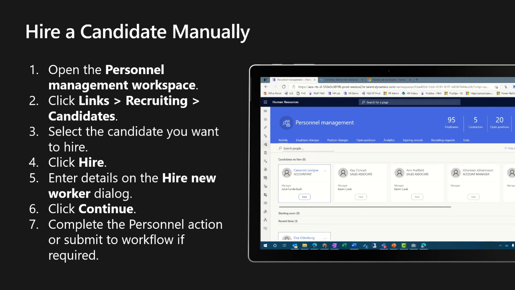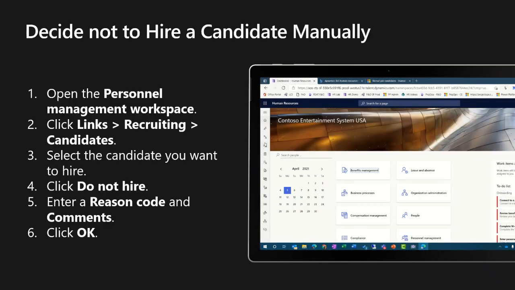Keep in mind that personnel actions are optional. You do not have to enable those. And so the process flow that you find here might be slightly different depending on whether or not you're using personnel actions and or the workflow for personnel actions. Now, next, I want to talk about how we can decide not to hire a candidate